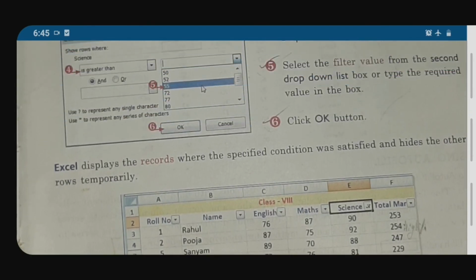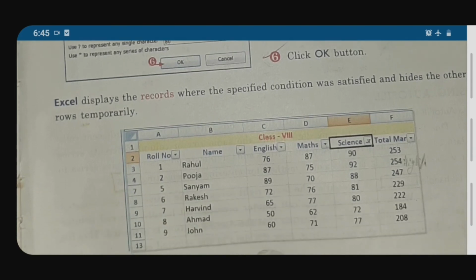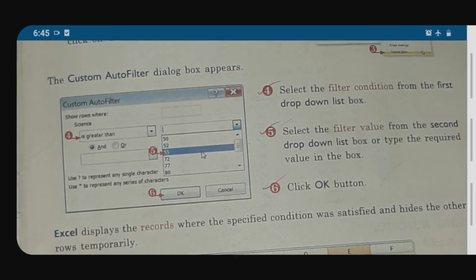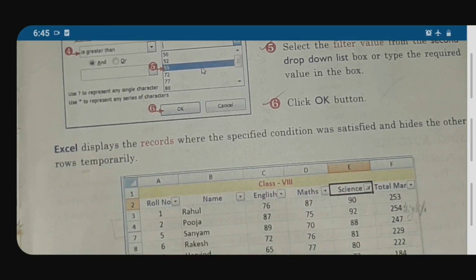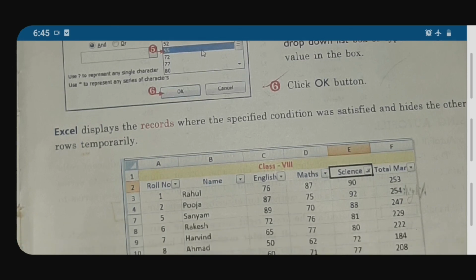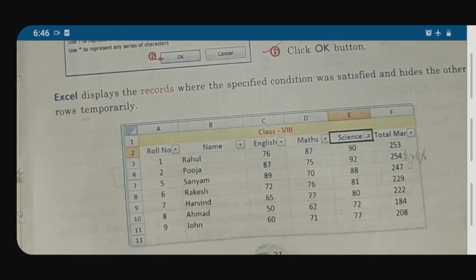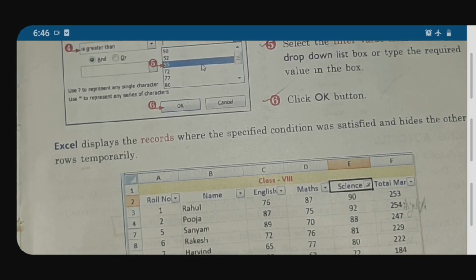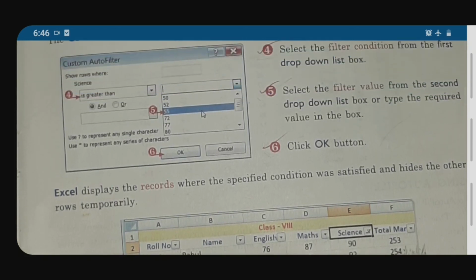In the box, Excel displays the records where the specified conditions are met. 55 is selected with greater than, meaning only the numbers greater than 55 we will be able to see. The rest of the numbers will be hidden. Understood? In the science subject, numbers less than 55 we will not be able to see, only the greater numbers, and the rest will be temporarily hidden.